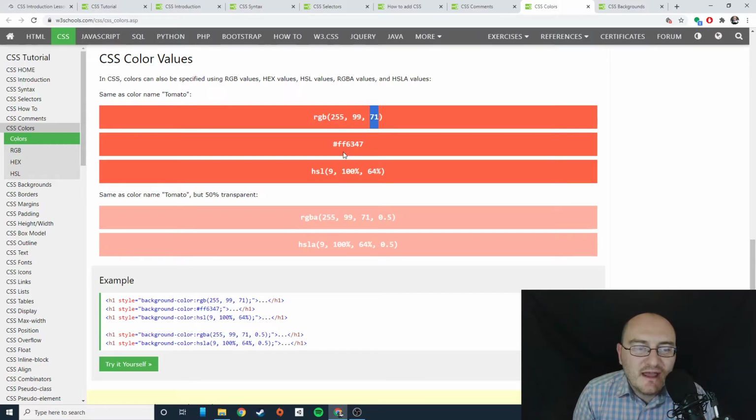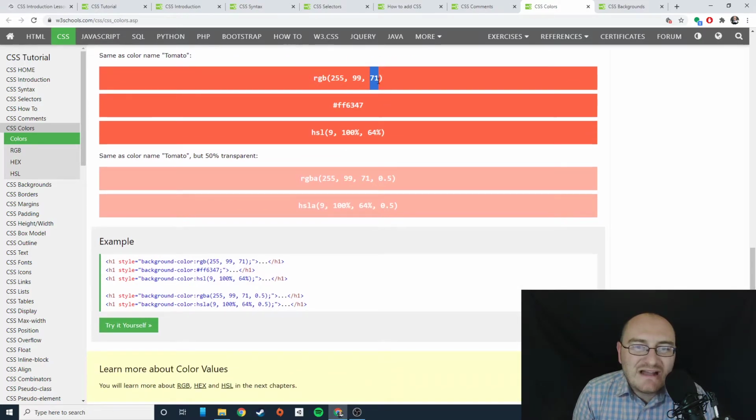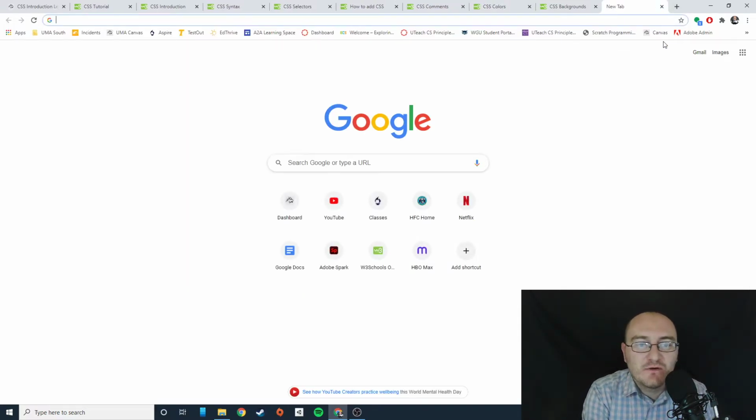So you can find a color that matches. RGB values give over 16 million different permutations and possibilities. So literally any color that you can think of, you can represent by RGB. Watch this. So if we go to Google and we type in,